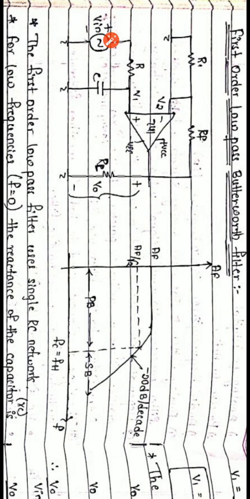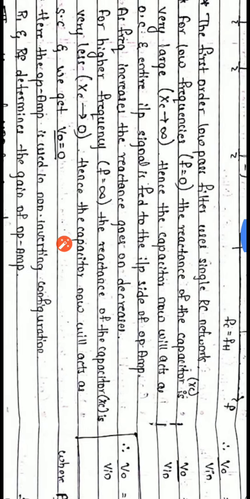If the frequency is very high, the reactance of the capacitor decreases and becomes very low. At that time it acts as a closed circuit and the voltage at the input of the op-amp becomes 0, which means all the frequency components will be blocked, and the output of the op-amp will start reducing and reaches 0. The same explanation is given here.